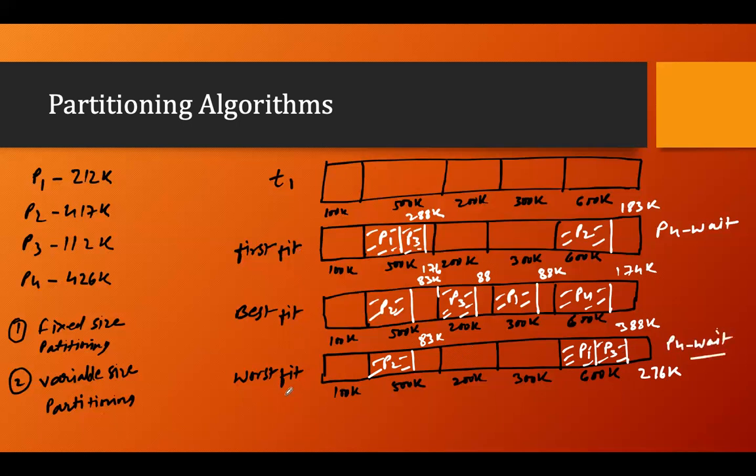Now this is how variable size partitioning with first, best, and worst fit is going to work. Here also the best fit is working best in this particular scenario and in this environment. So this is how we can accommodate all those processes into the main memory by using the different best fit, worst fit, and first fit algorithms.